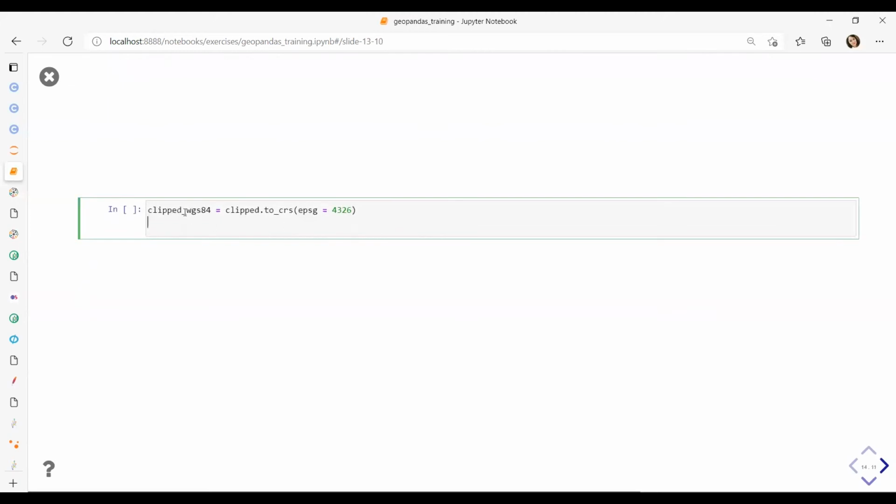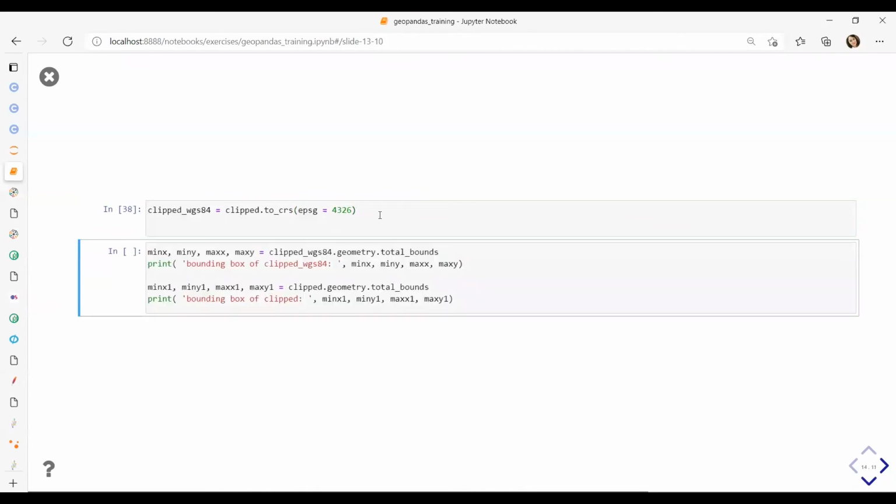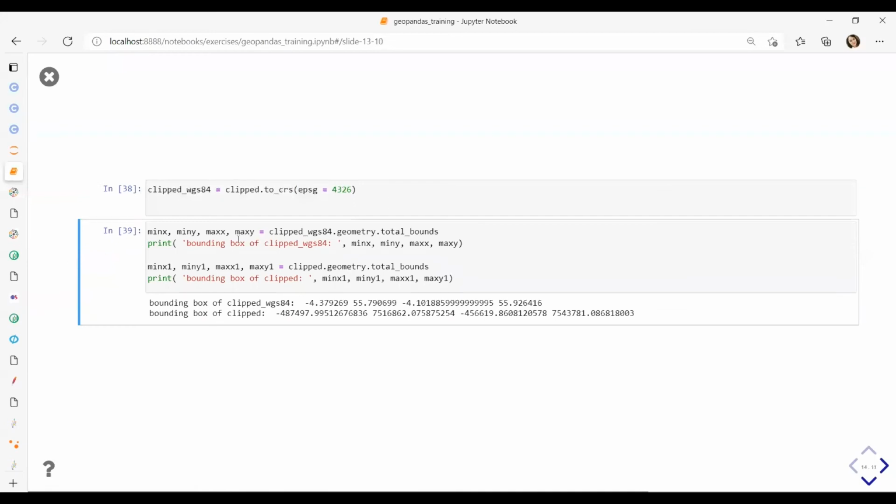So I'm going to create clip reprojected. I'm going to create a new geodata frame by reprojecting the available clipped data frame. And I want to show you the bounding boxes of our newly reprojected data frame and our existing clipped data frame.